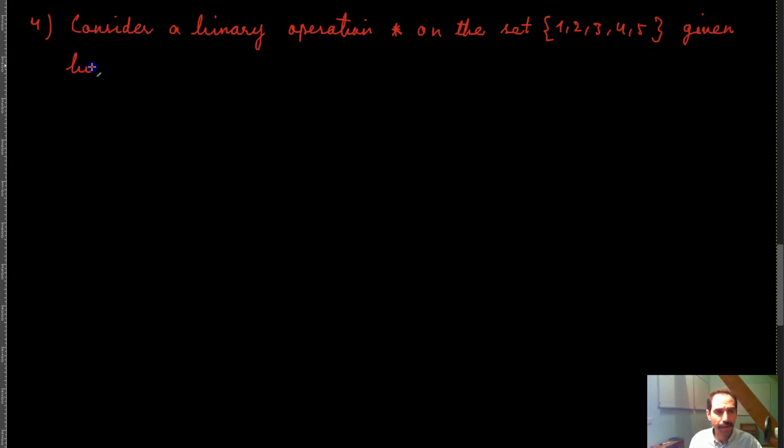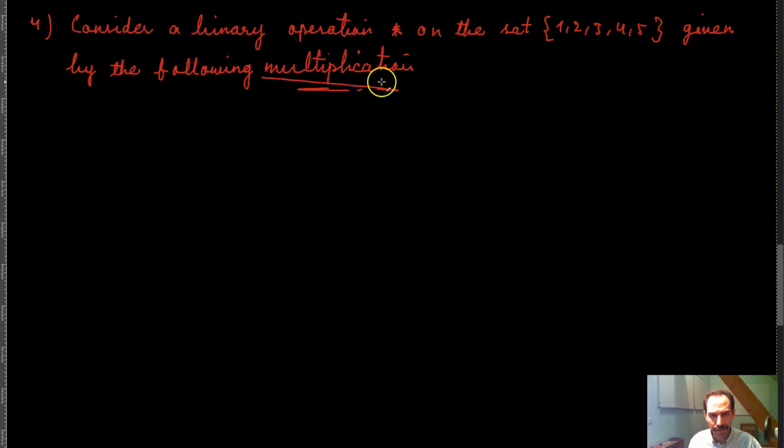They have called it a multiplication table, meaning that basically the operation is most probably multiplication, but let's see. And the table is,